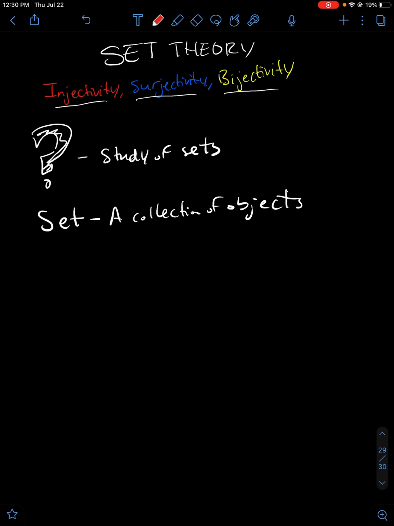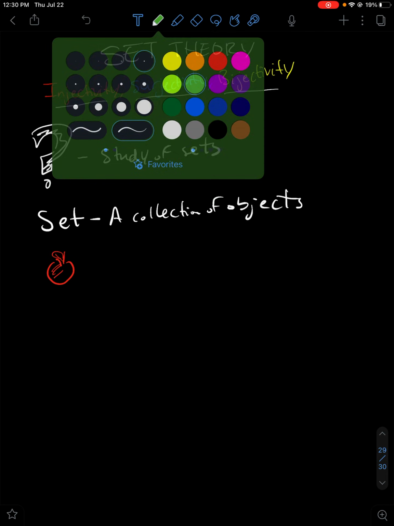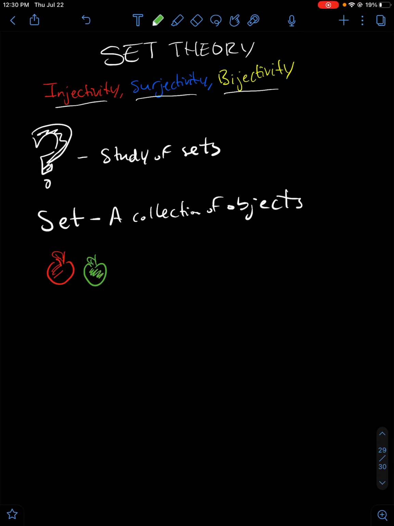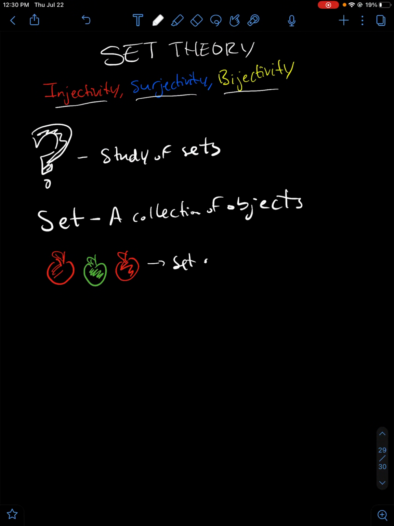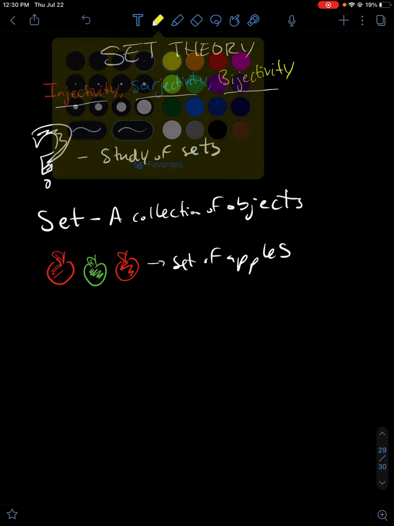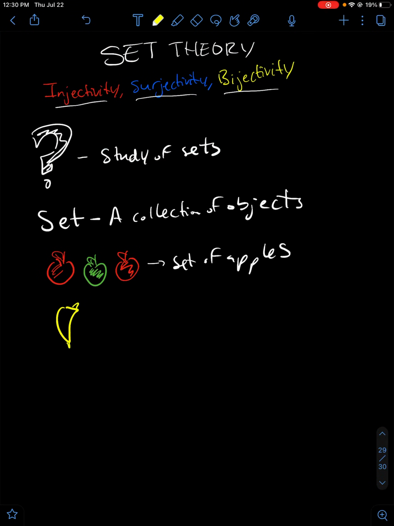So, for example, I can have a set of apples. I got a red apple, a green apple, and another red apple. That's a set of apples. It's a collection of objects. That's it. I could have a set of bananas, right? They don't have to be fruits, but you can have a set of bananas. Maybe have like a spoiled banana here. This is the set of